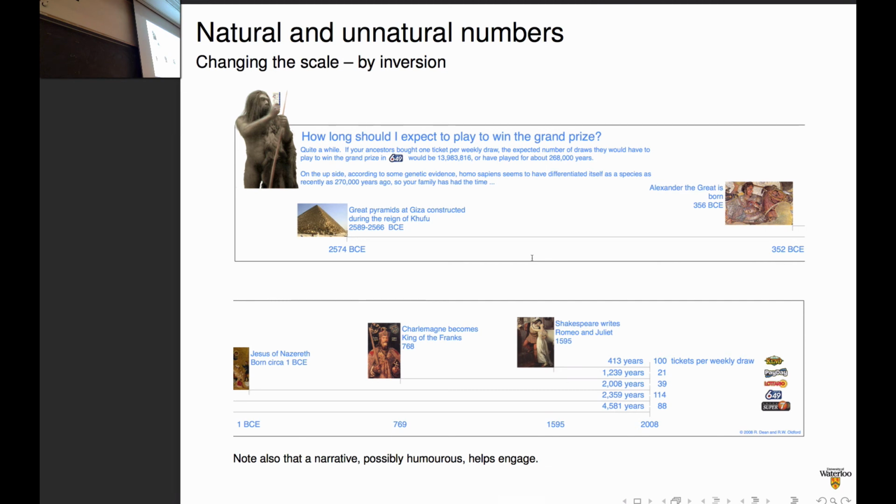If I'm playing Lotto 649 and I buy 114 tickets every week, it's 2,359 years ago, roughly when Alexander the Great lived. So I should have started buying tickets then, and maybe I'd be expected to win by 2008. And if you're just buying one a week,